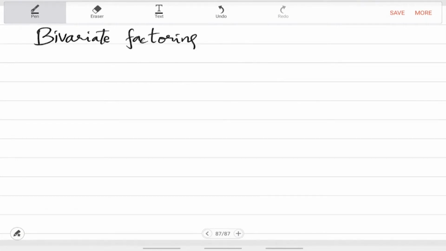We will actually give a general reduction. So, this will be over any field F, we will reduce bivariate factoring to univariate factoring, and then if you have a univariate